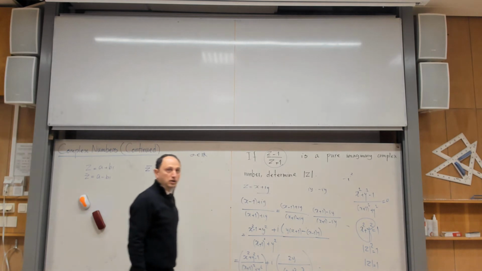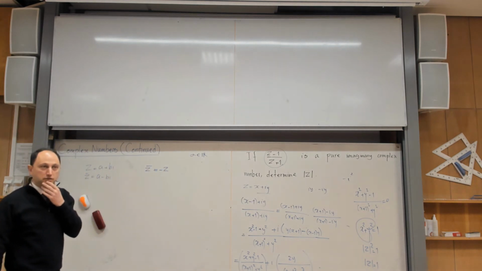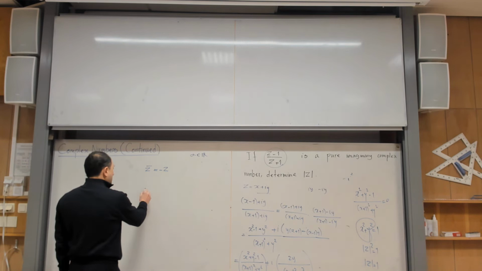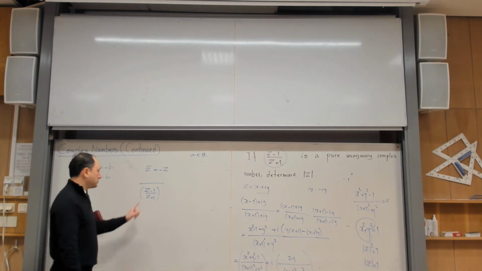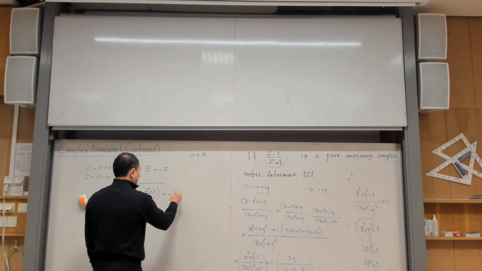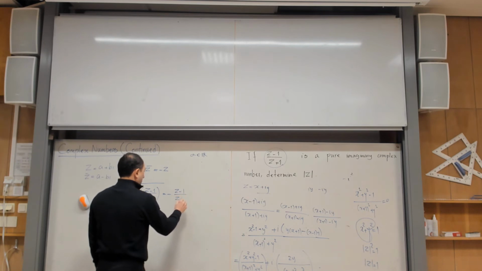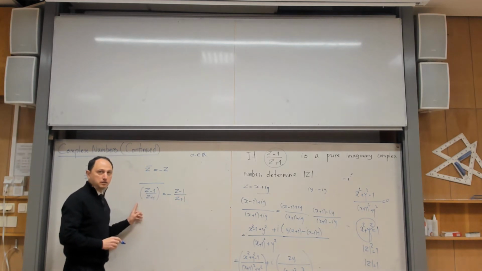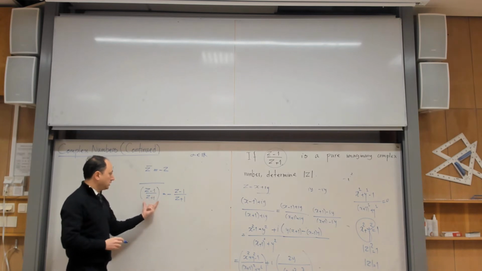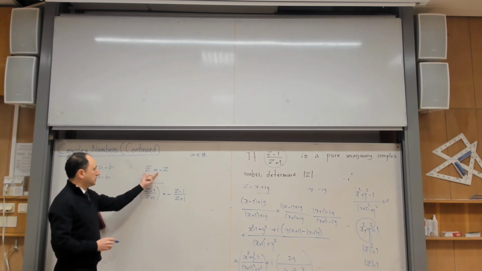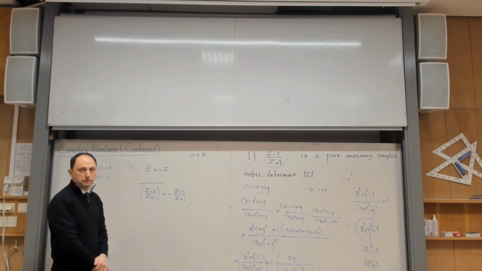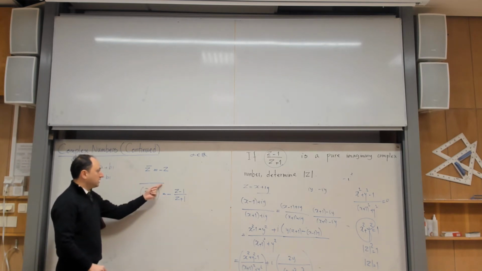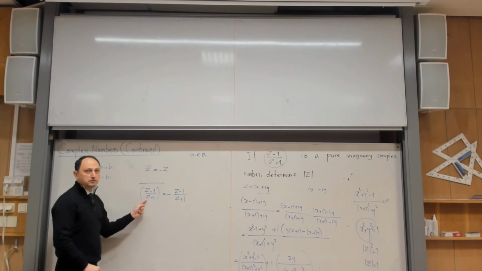So now we are talking about this number. They are telling us that this number is pure imaginary. So what does it mean? It means that if you take the conjugate of this number, it becomes the negative of the number. Everyone understands that? According to what I told you, if you take the conjugate of that pure imaginary number, it becomes negative itself. But do you remember what I can do with a bar on a fraction?